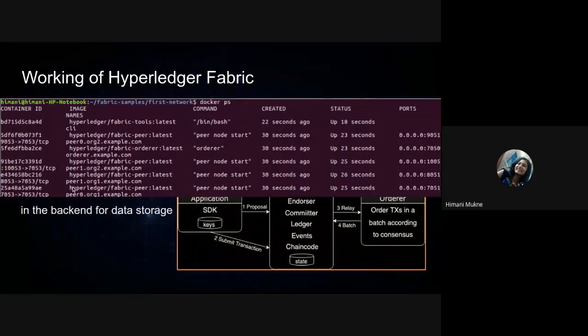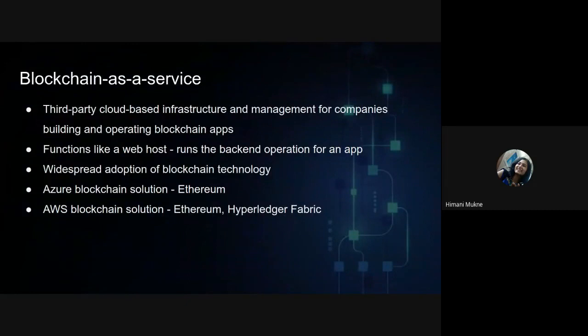I see we're sort of short of time, so next, we talk about blockchain as a service. With the advent of a lot of popular cloud platforms like Azure, Oracle, AWS, and with the advent of infrastructure as a service, software as a service, platform as a service, blockchain as a service was only inevitable. Blockchain as a service is hugely responsible for the widespread adoption of blockchain,